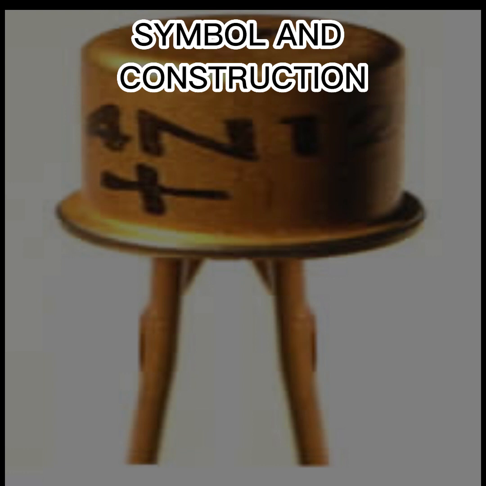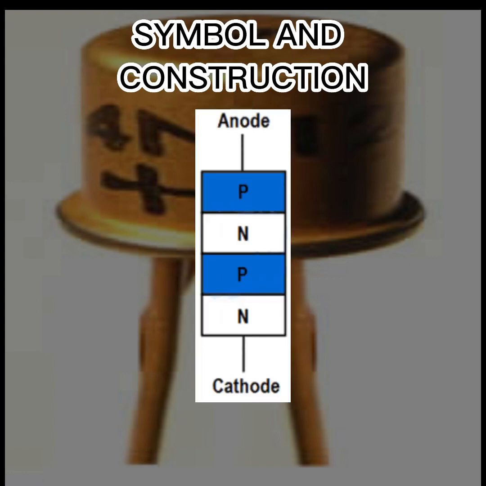Construction of Shockley diode. It is made of four alternating layers of p-type and n-type semiconductor layers. They are sandwiched together to form a PNPN structure that resembles a thyristor. The combination of these four layers forms three PN junctions J1, J2, and J3. The anode terminal is connected to the outer P layer, while the cathode terminal is connected to the outer N